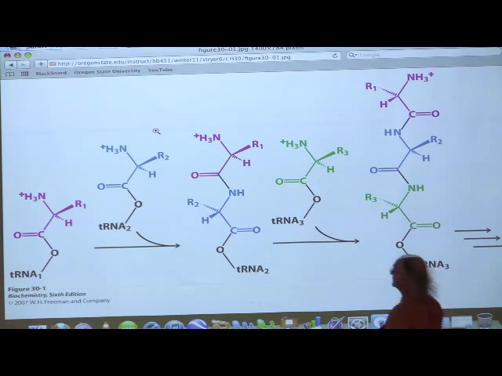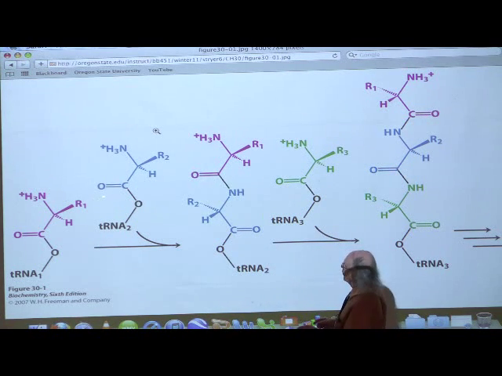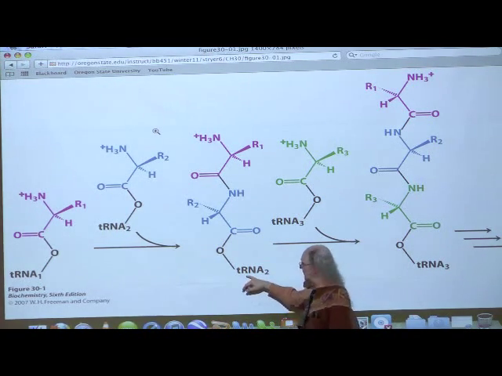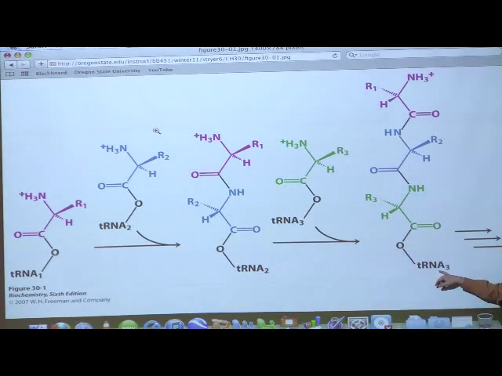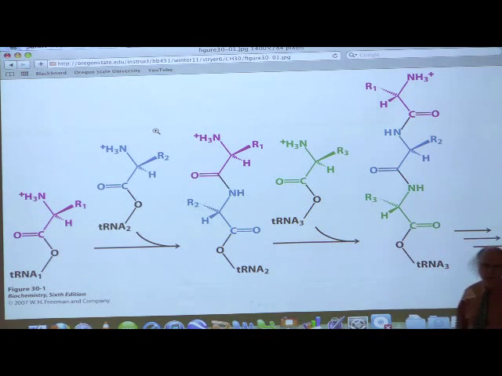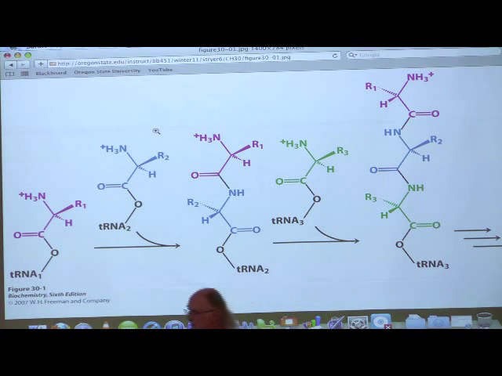Here's our first tRNA. Here's an incoming tRNA. Okay? A polypeptide bond is joined between this guy and this guy. Here's our first one up on top. Here's our second one here. The new polypeptide chain is joined to the one that has come in. We bring in another one, it'll be joined to the one that's come in. This is what we refer to as the amino end of the protein. This is the carboxyl end of the protein. Proteins are made in the amino to carboxyl direction. That corresponds to the 5' to 3' orientation of the messenger RNA.